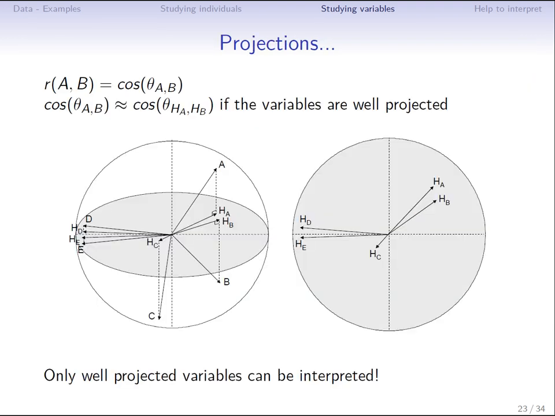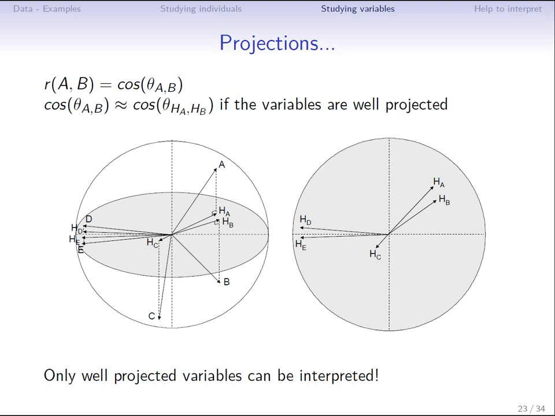So let us come back to the graphical representation of the variables. We have seen that the correlation coefficient between a variable b and the variable a is equal to the cosine of the angle between variable a and variable b, but this is equal to the angle in the global space. However, I do not visualize the angle in the global space, I visualize it in the projection map. So here is an illustration that allows you to see the scatter plot of the variables and their projections.